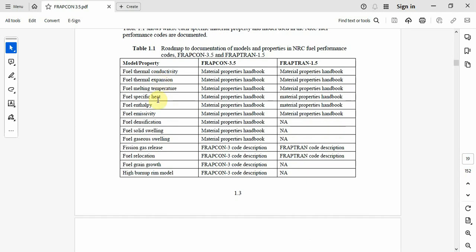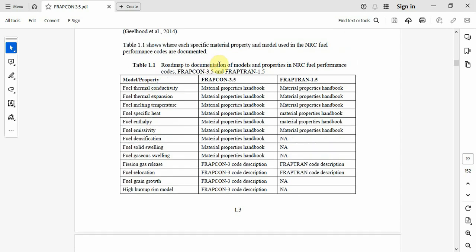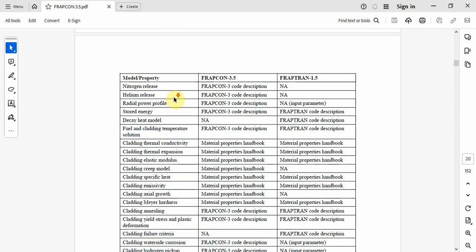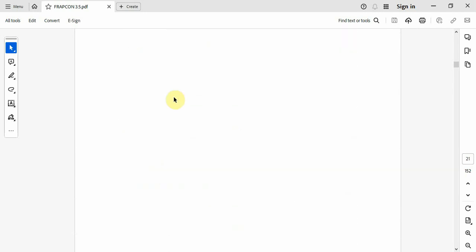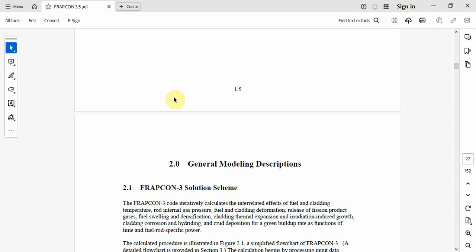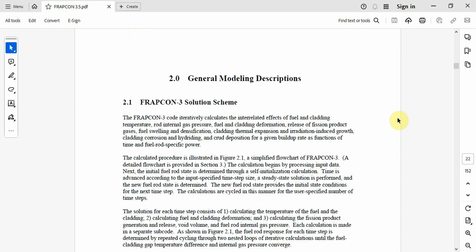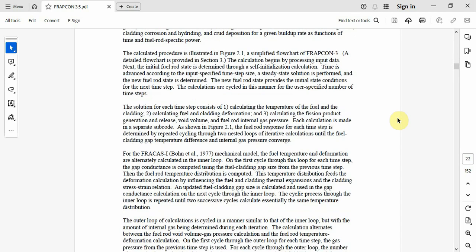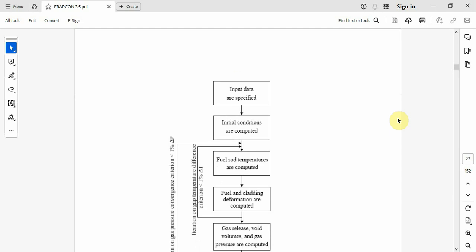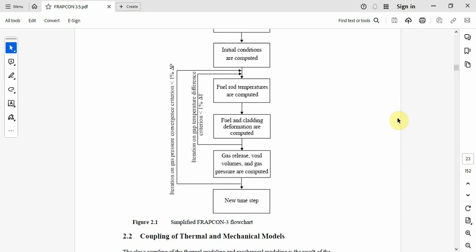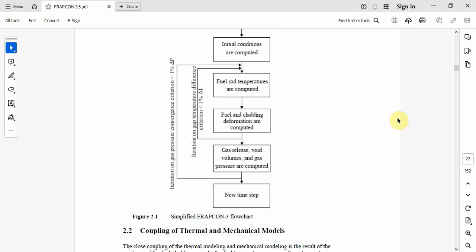Okay, here are some models used in FRAPCON and FRAPTRAN. Okay, about the solution of the FRAPCON. Yes, there is this simplified FRAPCON flowchart,